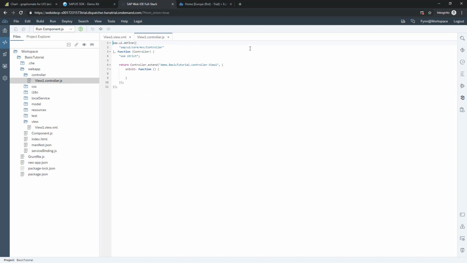In the controller file, we will do three things, which includes creating an OData model that requests specific product data, parsing the OData service's response to dynamically add row objects to the table, and configuring the deviation column. First, we need to import the OData model class matching the service version. In the onInit lifecycle function, we instantiate the OData model using the destination name and the relative service URL.